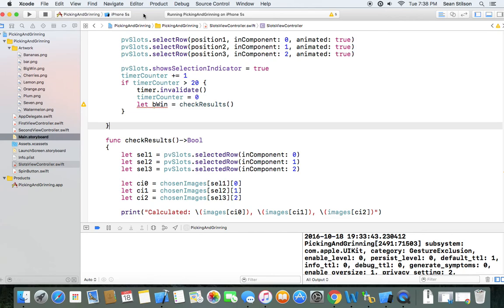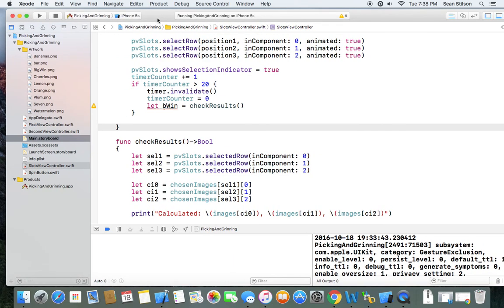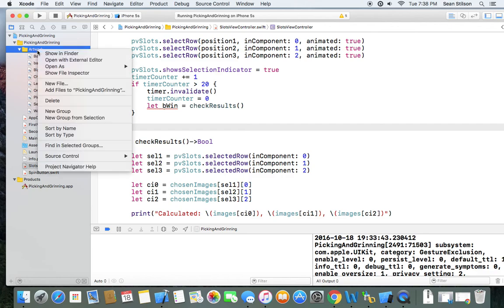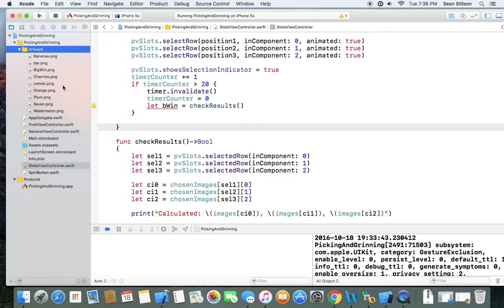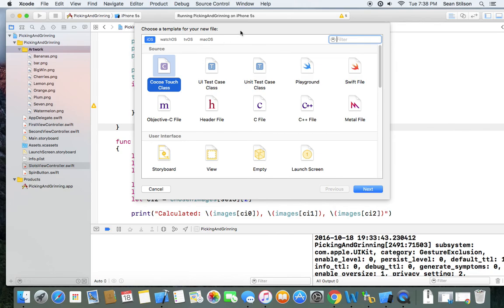All right. So we want to get onto this next part because it's the fun part. What we'll do next is click on your artwork folder if you have it. Otherwise, just click on the main project folder. Right click and go New. Go New File, and we're going to go into